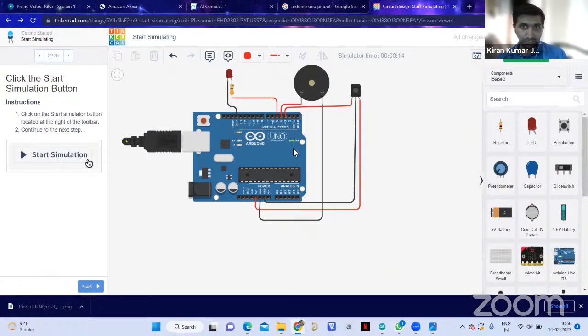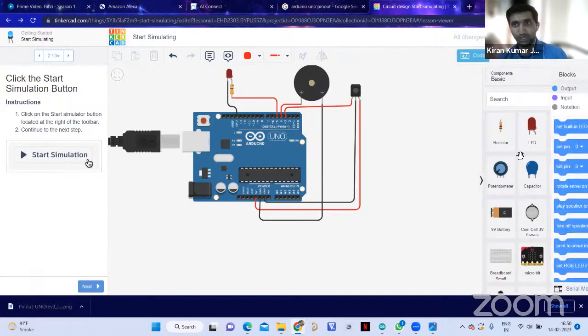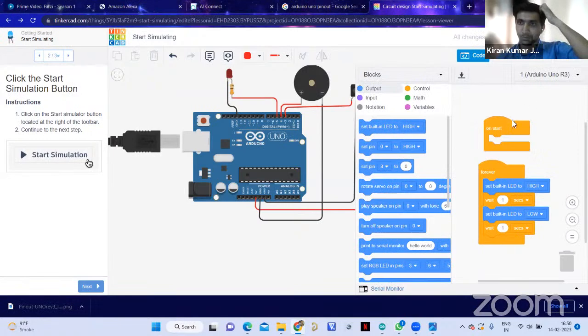Okay, you can see there is power over here, so my board is working over here. For that I need to upload the code for this one. So before uploading the code, you need to write the code over here. Okay,